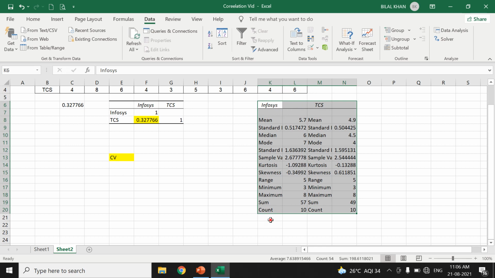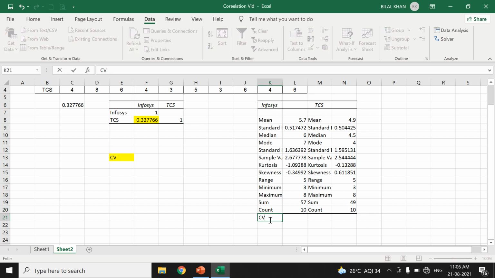So if I want the CV for Infosys, what is my formula? Equal to standard deviation divided by the mean. My mean is this, so I will divide it by this. So this is my coefficient of variation for this.